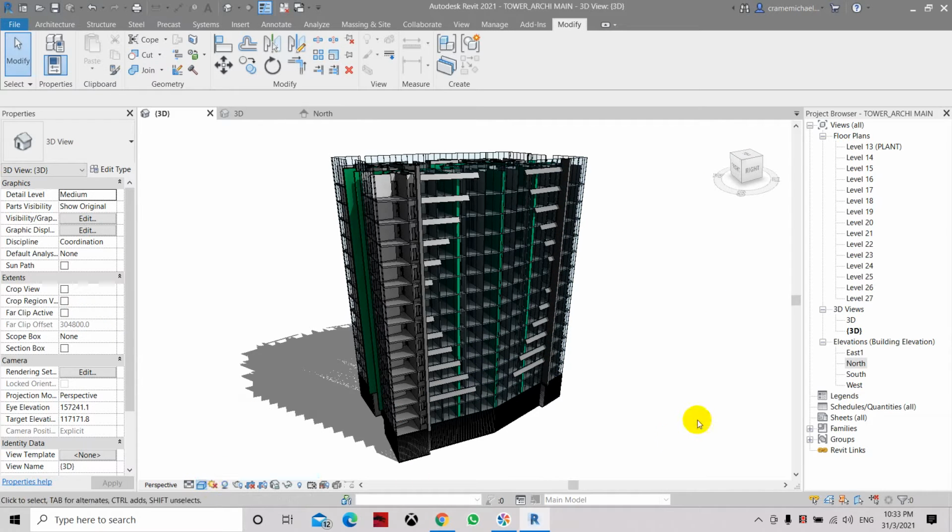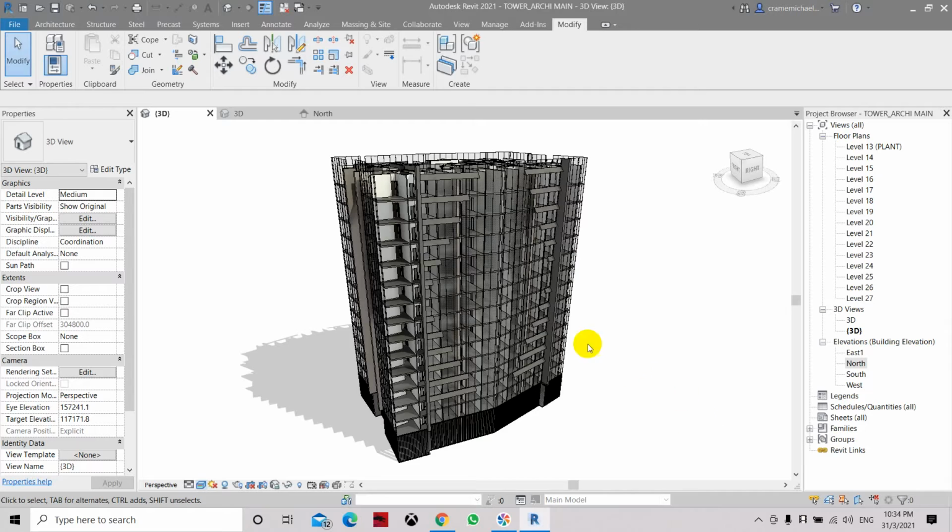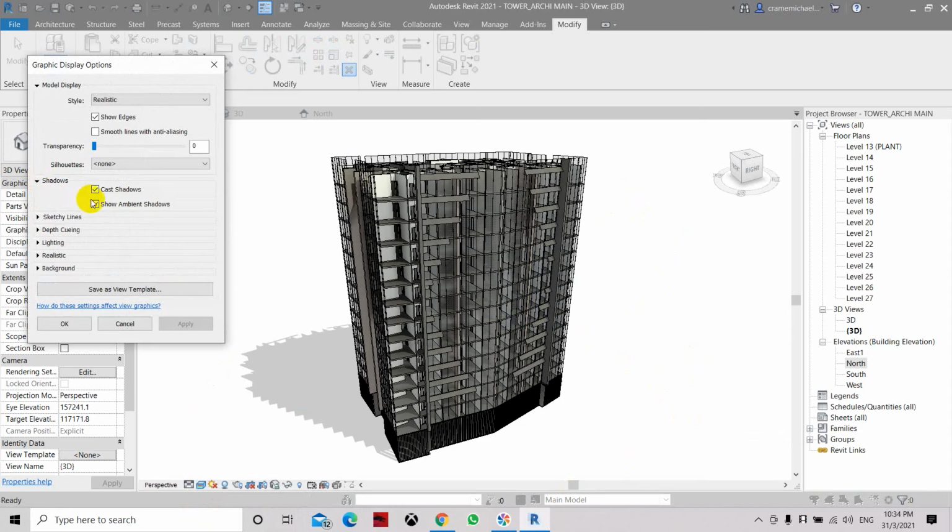Let's try to do it in realistic, see how it looks like. So it will take some time for us to process this to render it into its natural color. This is with the shadows and let's look at it without the shadows. It doesn't affect that much because of the render appearance,